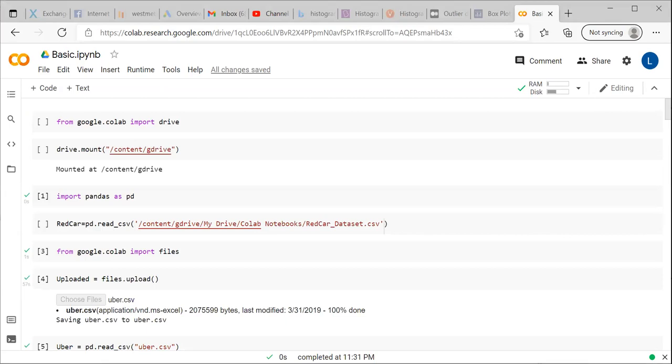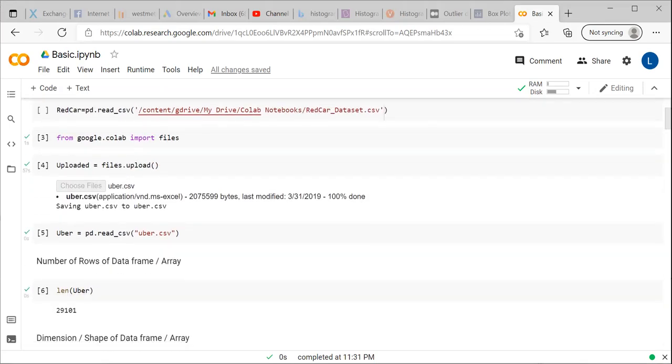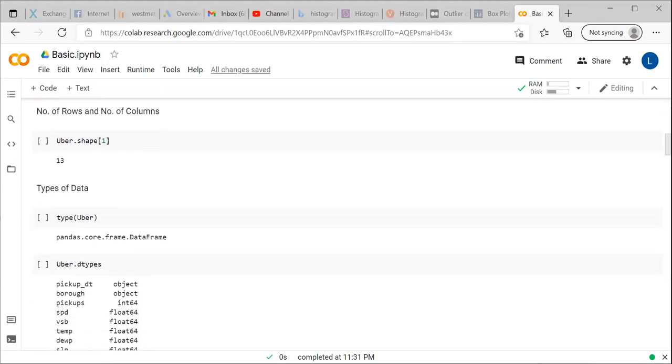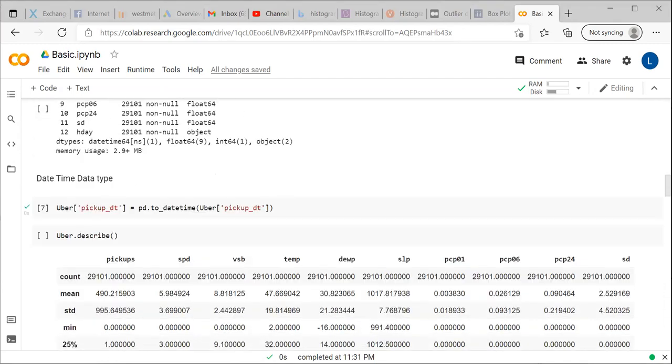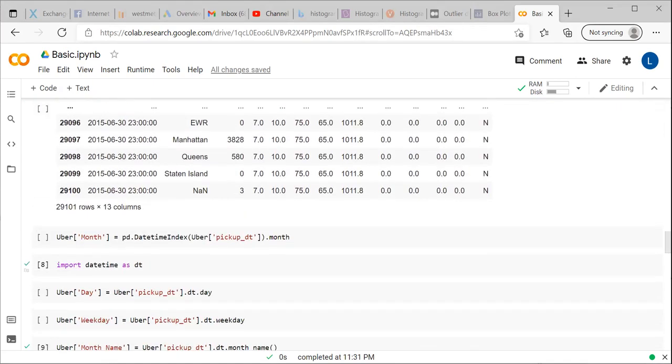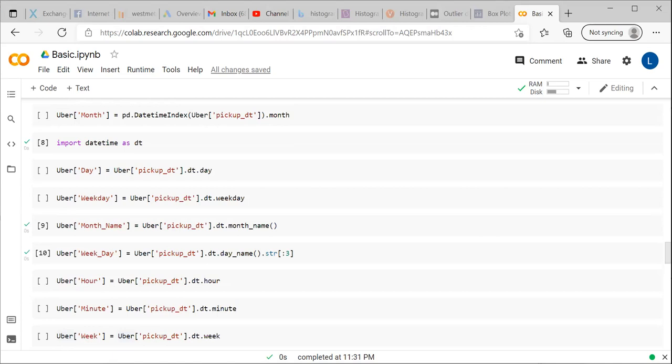We have already posted a few videos on Google Colab Python, starting from an introduction to Google Colaboratory, then how to import the dataset from Google Drive and local drive to Google Colab for data analysis, then how to describe the data, like the number of rows and columns available, and the different data types available in the data, and how to find that. Followed by that, we have also explained about the date type and how to extract the month name, weekdays, and all those things from the date type.